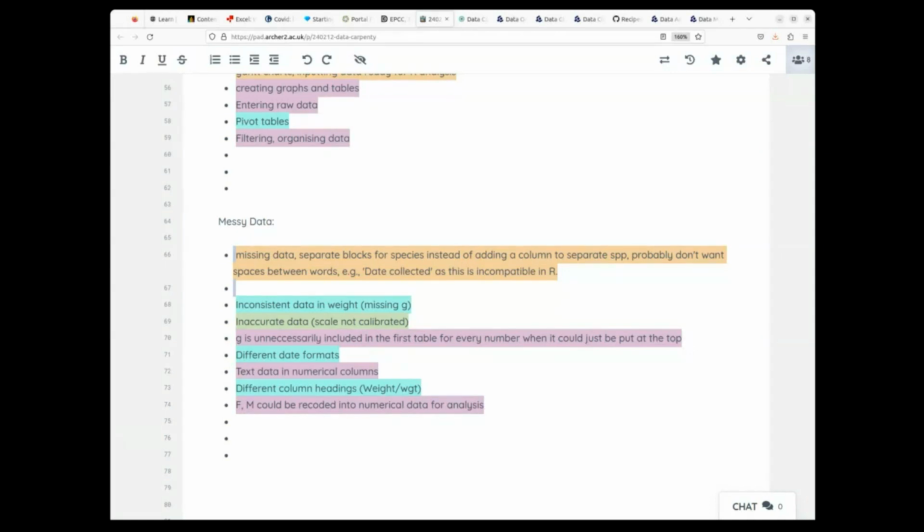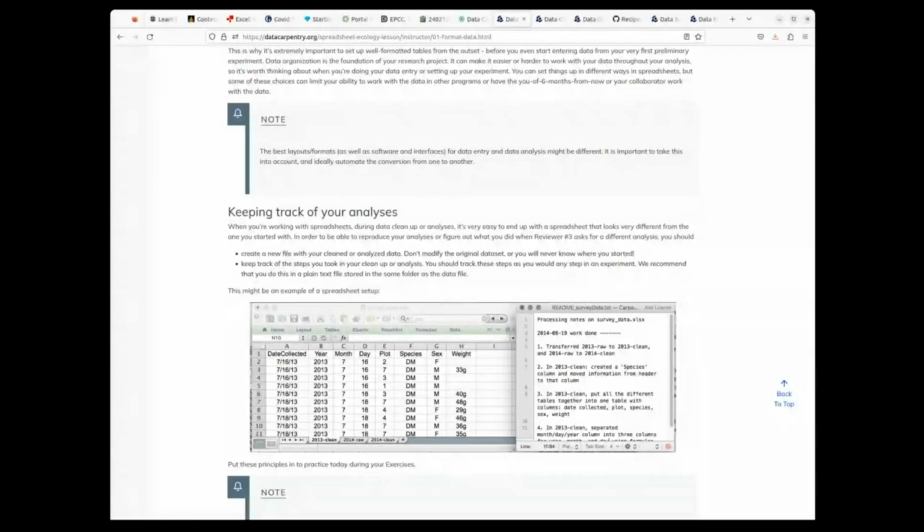Okay. Let me share another screen. So hopefully you can see the browser. This is where the lesson materials are located. So if you go to Carpentry.org,